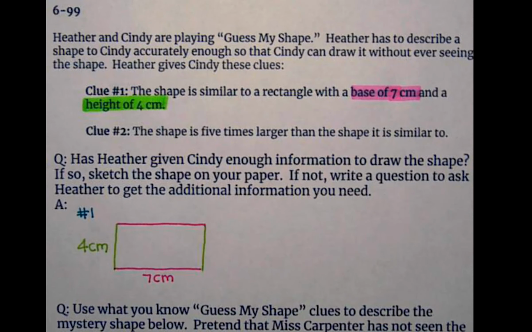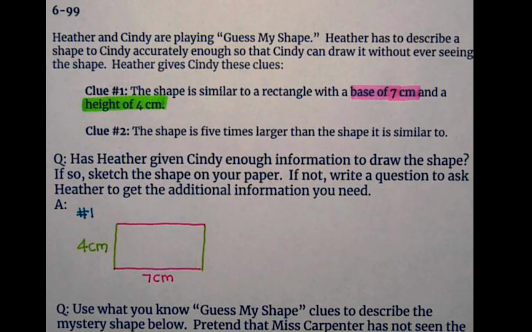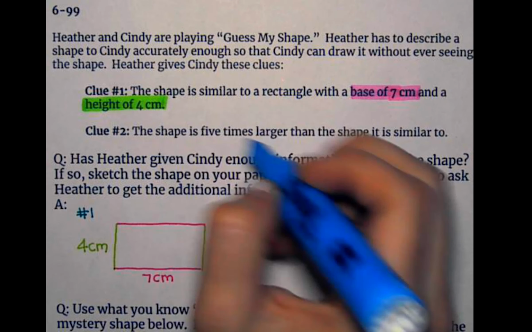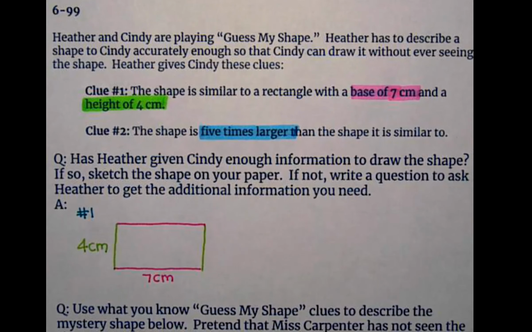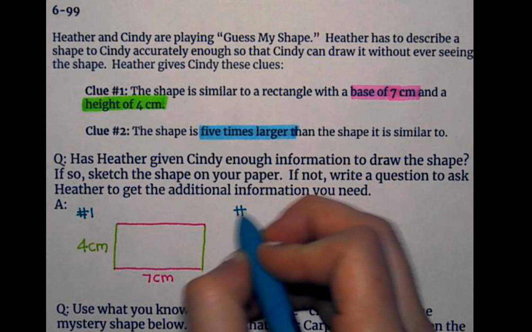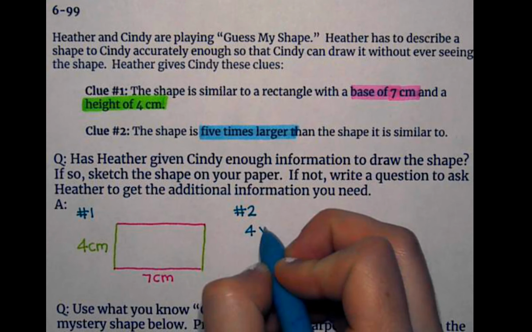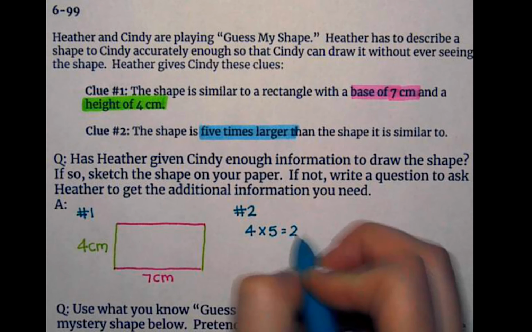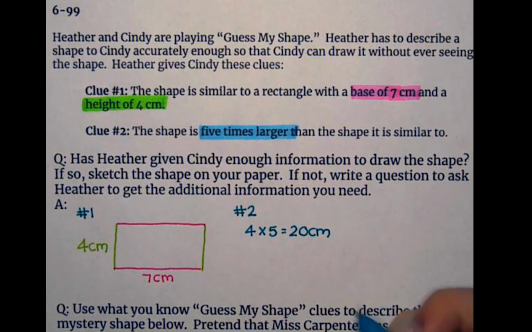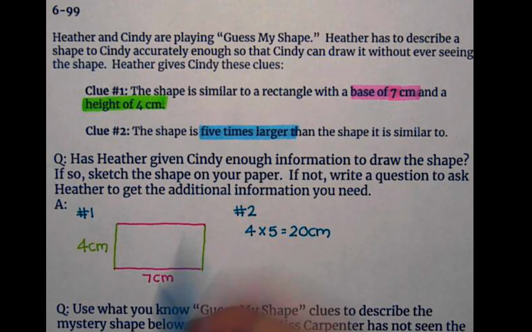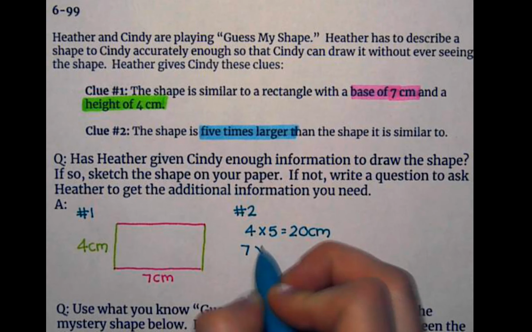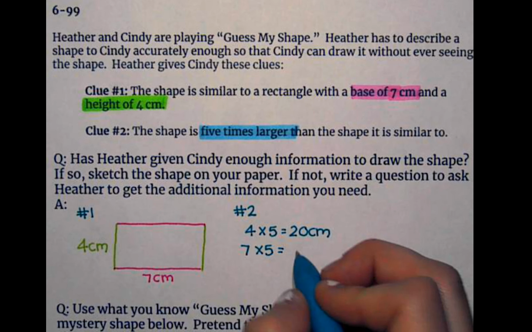Oops. And it tells me that the new shape is 5 times larger. So what I'm going to do is take this value, 4 centimeters, and really quickly, this is just the calculations that are part of number 2, I'm going to do 4 times 5 and get 20 centimeters. And then I'm going to do 7 times 5, and I'm going to get